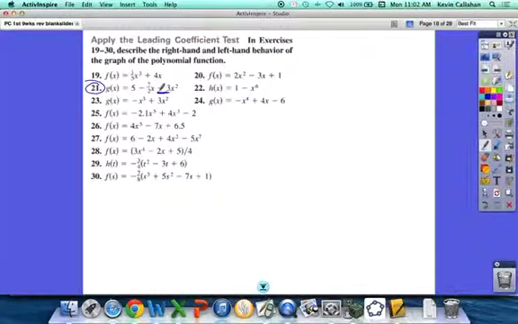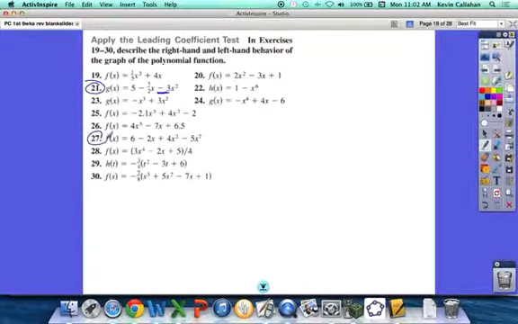So if it's got an even power, even degree, and a negative coefficient, describe its end behavior, or right-hand and left-hand behavior. Falls to the left, falls to the right. That's an easy one. That's a parabola that opens down. Falls to the left, falls to the right. What about one like